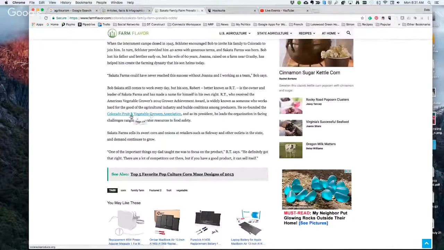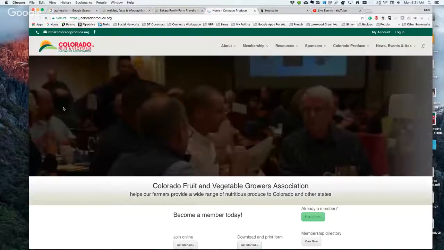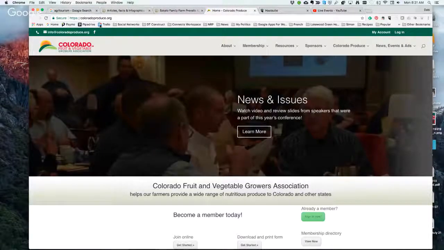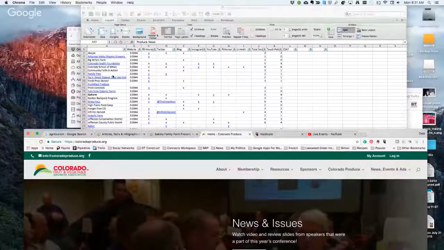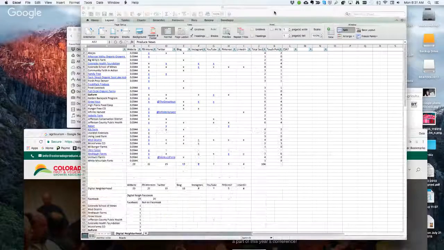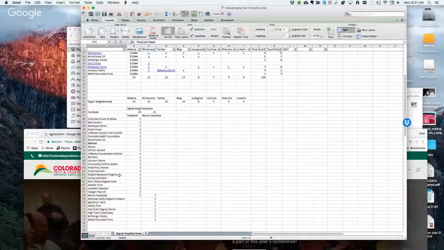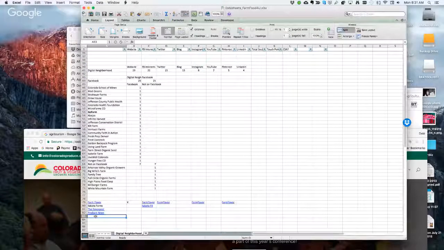Oh, that's where, look at that. Colorado Fruit and Vegetable Growers Association. I need to have that on my list of resources. Colorado Produce is the URL. I wonder if I have them under here in Colorado Produce. And still I do not. So let's get that on there. Colorado Fruit and Vegetable Growers Association. I'll just add that. It's a long name, but